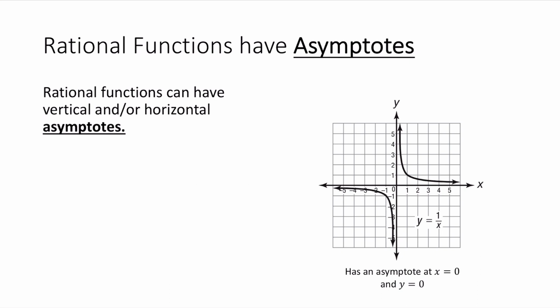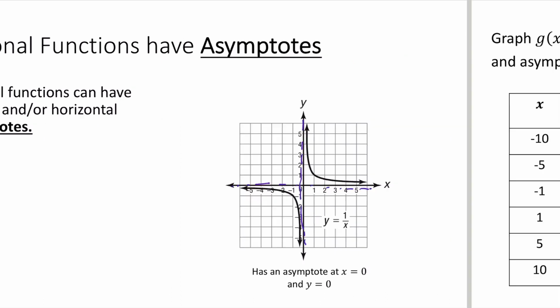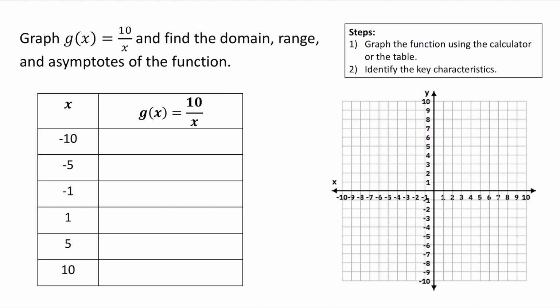Rational functions also have what are called asymptotes. So you can have vertical and/or horizontal asymptotes. For example, this function has an asymptote at x equals 0, and it also has a horizontal asymptote at y equals 0. So let's graph g of x equals 10 over x and find the domain, range, and asymptotes